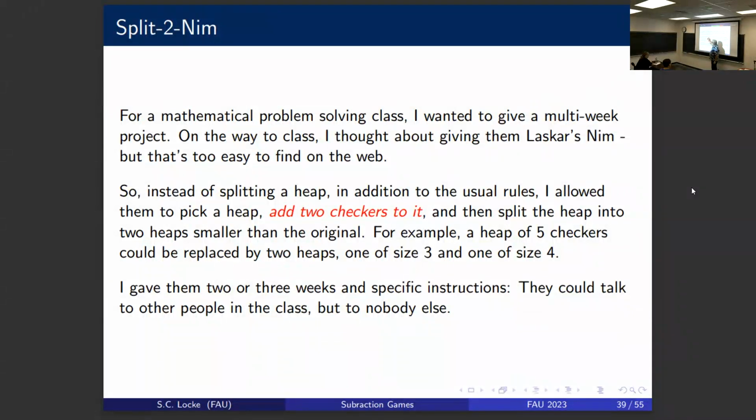So I said, let's change it. Instead of doing last year's move of splitting a heap, I'm going to say what you can do is pick one of the heaps, add 2 checkers to that heap, and then split it into 2 pieces which are smaller than that original heap was. So if I have a heap of size 7, I add 2 to it, I get 9. I can split it as 6 and 3, because 6 is less than 7, or I can split it as 5 and 4. Okay? So I can split it up a couple of ways. So I gave that problem to them. I think I gave them 3 weeks to play with it. And about a week later,